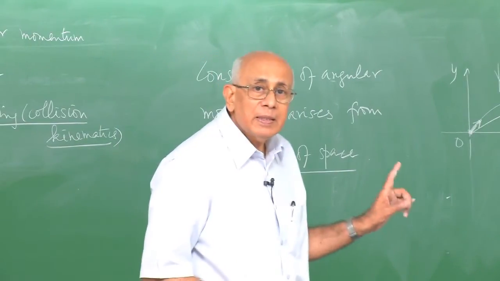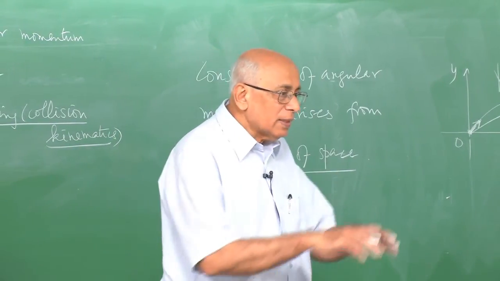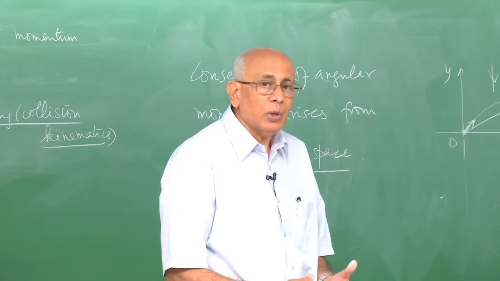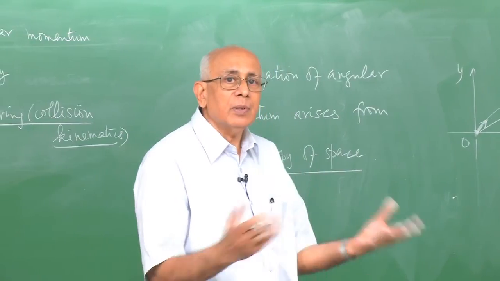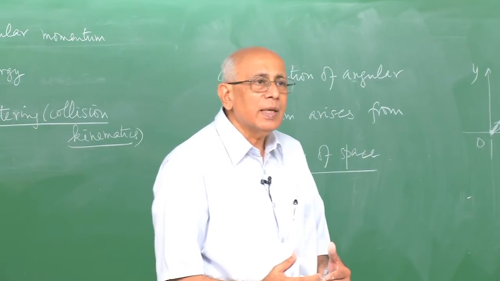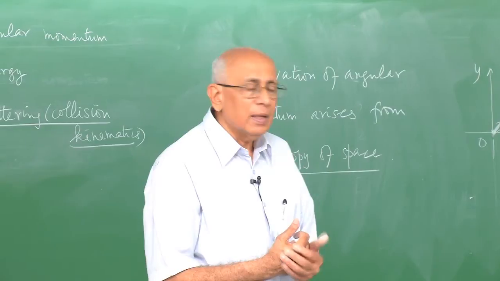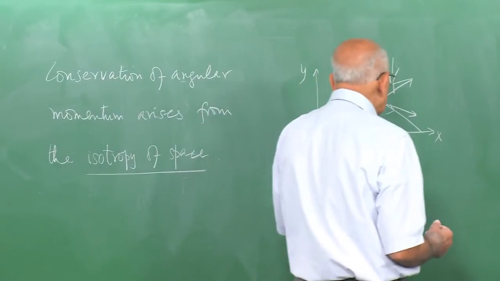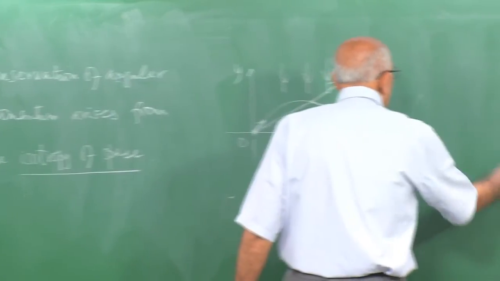In this problem itself, when I say space has exactly the same properties in all directions, and you have a force in it which also has the same property, that it's the same in all directions and only depends on, say, the distance from some attracting center, then angular momentum is indeed conserved. And we know that in this case this is an approximation to the fact that you have the earth, which